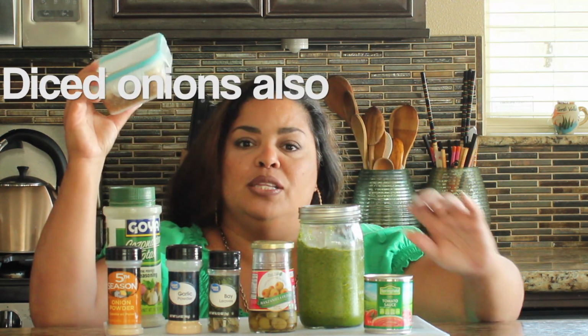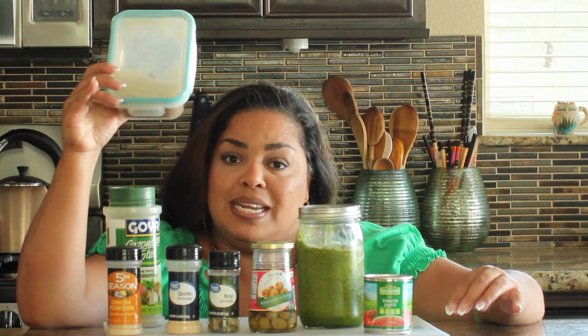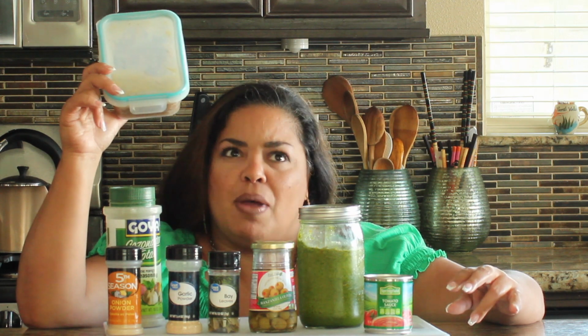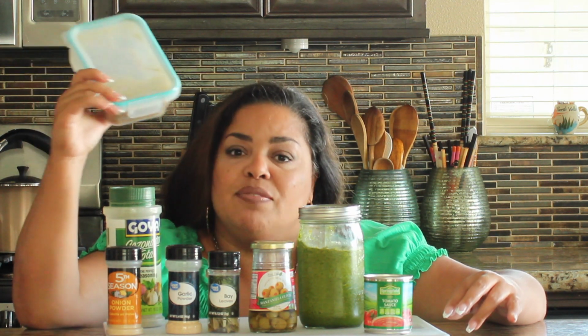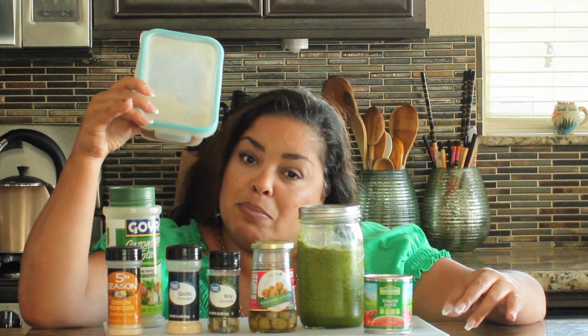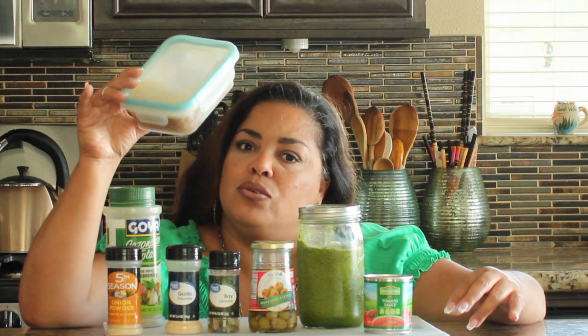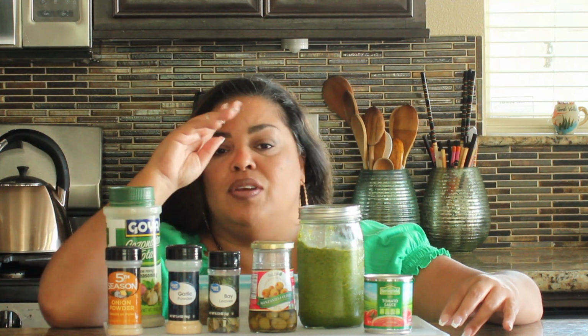And then a little bit of oil. Now this is not oil. If you guys remember when I made the pernil, not in the crock pot, but in the Instapot, I saved the drippings, and this is the drippings, so there's a lot of fat. This is about 1.5 months old. I've had it in the freezer. Now I've allowed it to thaw, so I'm going to use that, and that's going to give it a punch